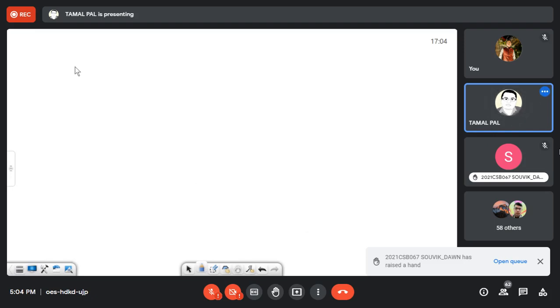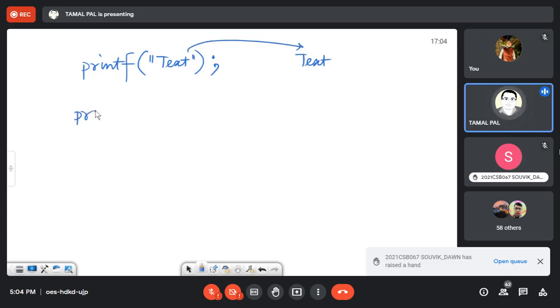Now, printf has two different syntaxes. We have seen printf: if you put any text here, it will print the text, followed by a semicolon. A semicolon is just like a full stop for an instruction. It will print the text here, and if we like to print the value of a variable, then we have to put the format specifier here and the name of the variable here.